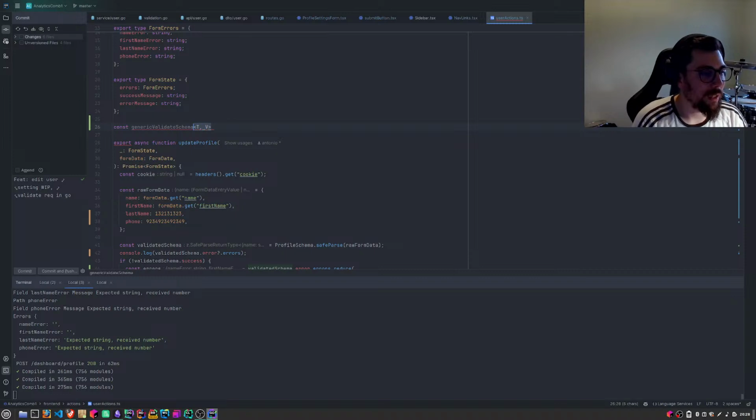Also, I don't think that's the way to do generics. Actually, wait, is it?